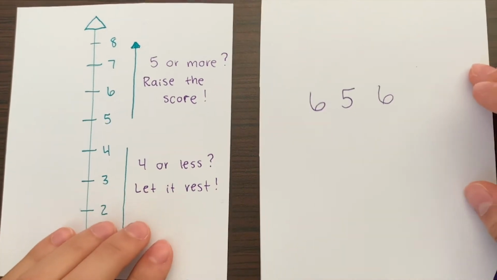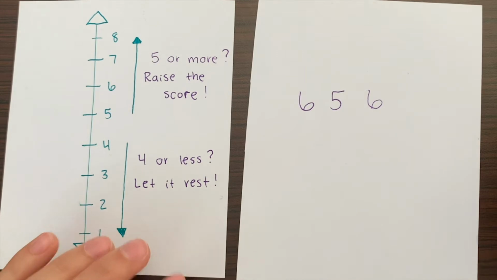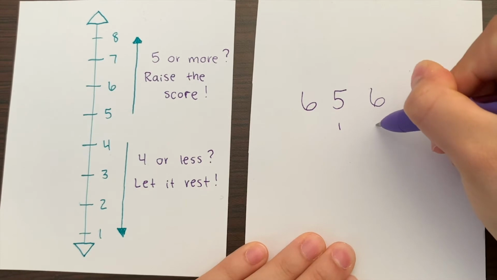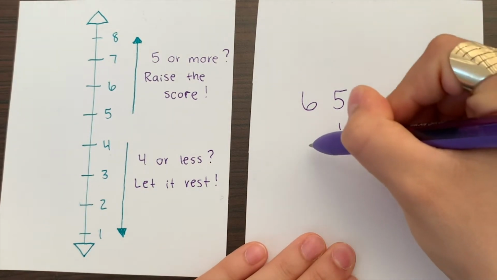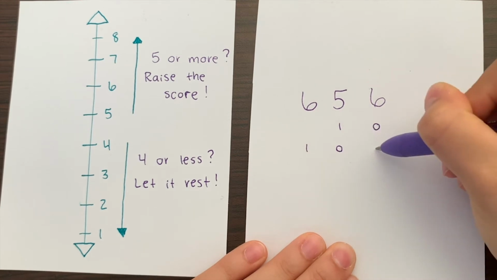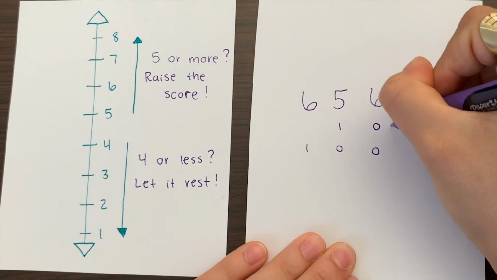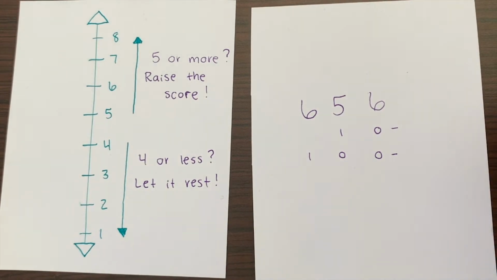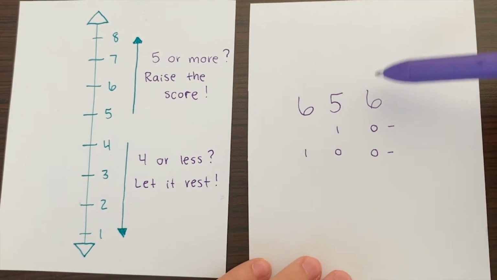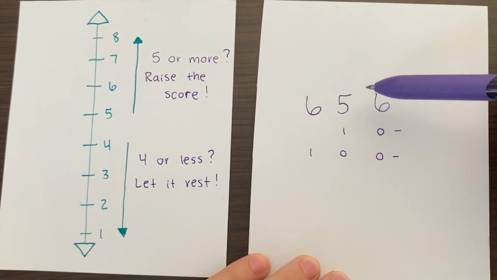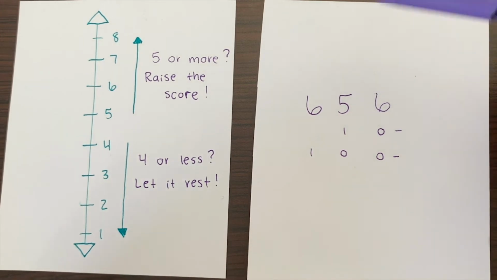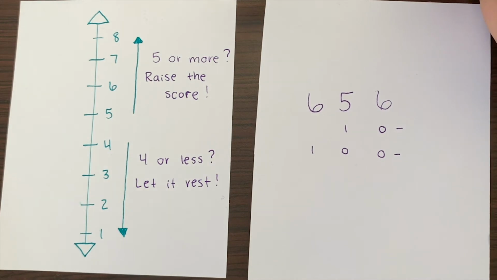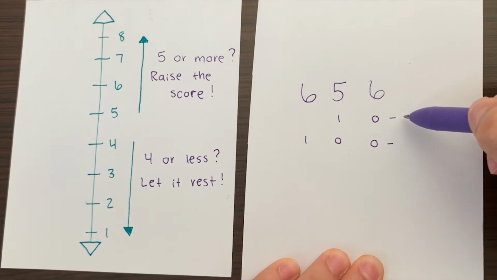And now we have this number, 656. Of course, these are all big numbers. It just makes it easier for us to round them. So I'm going to label my 10th place, and I'm going to label my 100th place right here. And then I'm going to do my little lines just so that we can write our answers right next to that. If we're looking at our 10th place here, we see that this is a 5, which means 5 or more, raise the score up to